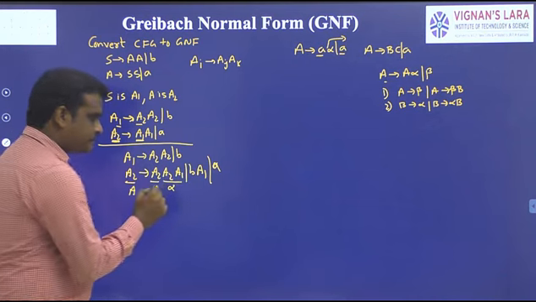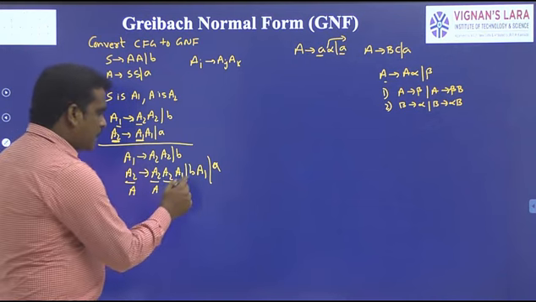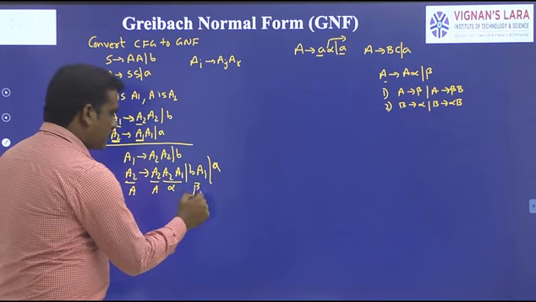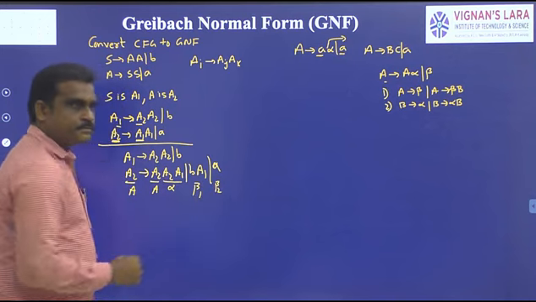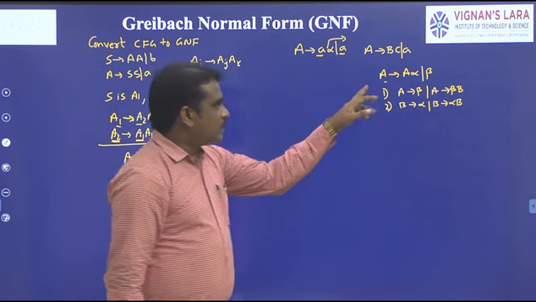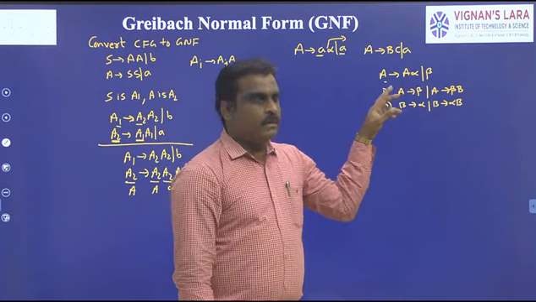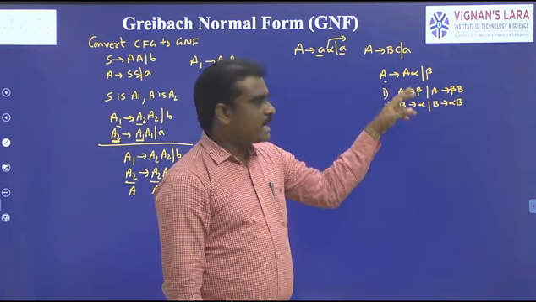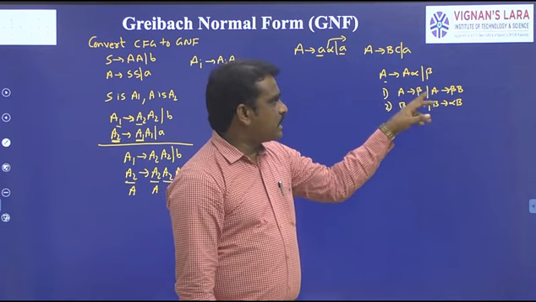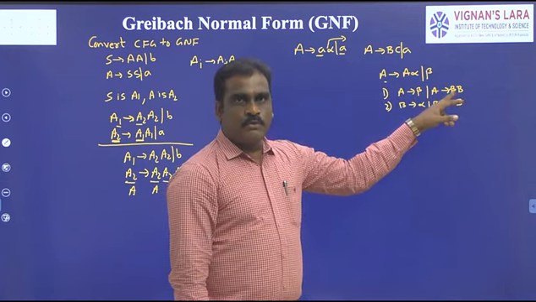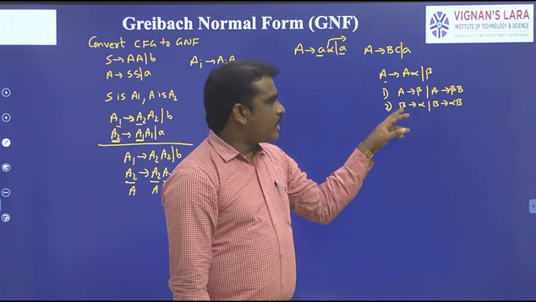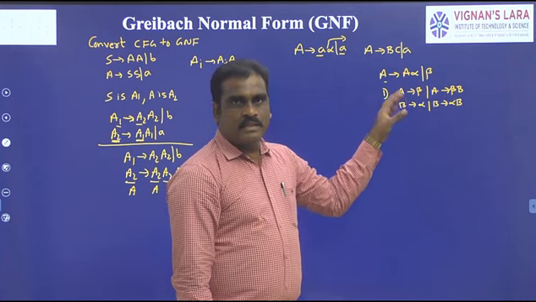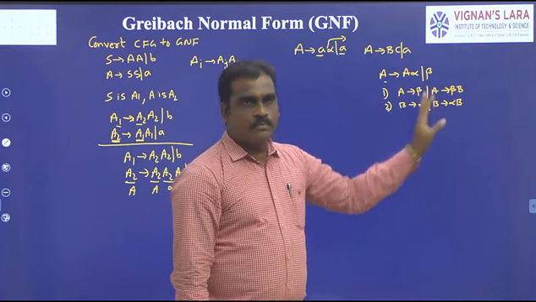This is A2 to A2 alpha, and these two do not start with A2, so this is beta 1 and this is beta 2. If the production is in the left recursion form, A2 to A2 alpha or beta, then we can rewrite the production as A2 to beta, and the same production we add with a new variable, that is B. Now again you have to define the new variable B. What is B? B is alpha.